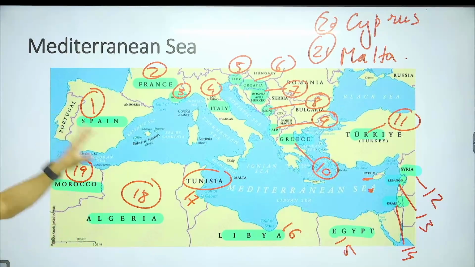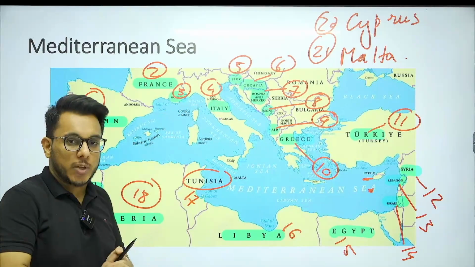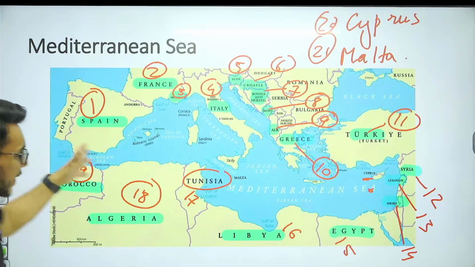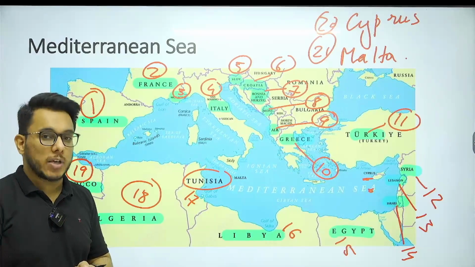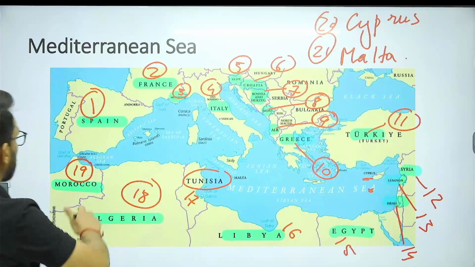Sorry. So these are the important countries that border, and then Cyprus and Malta are also there, which are the two island states that we have. Now, guys, some marginal water bodies within the Mediterranean are also important. Now, what are these marginal water bodies? So here we see